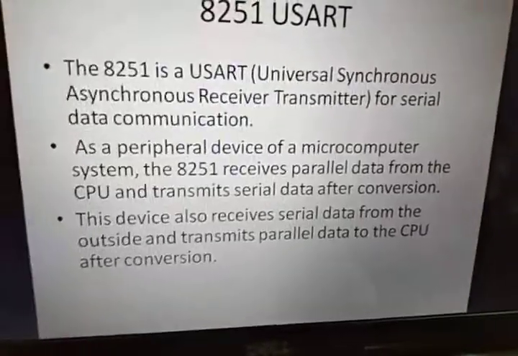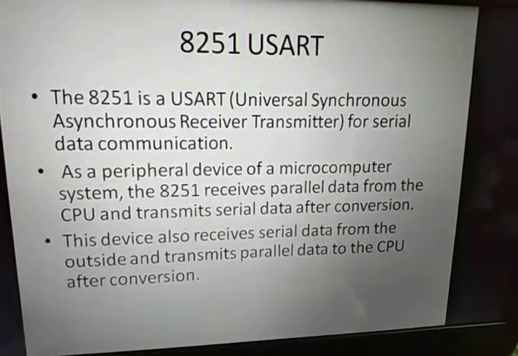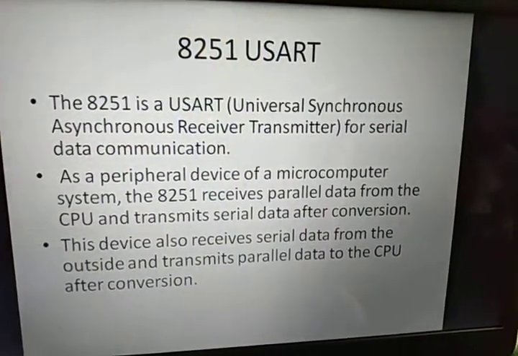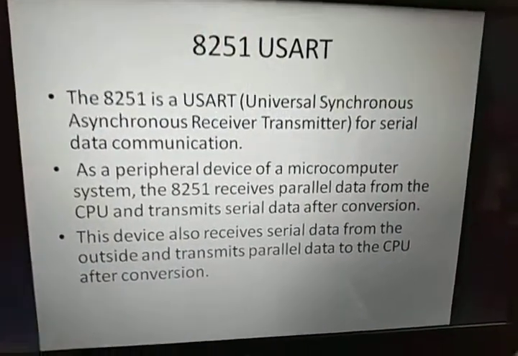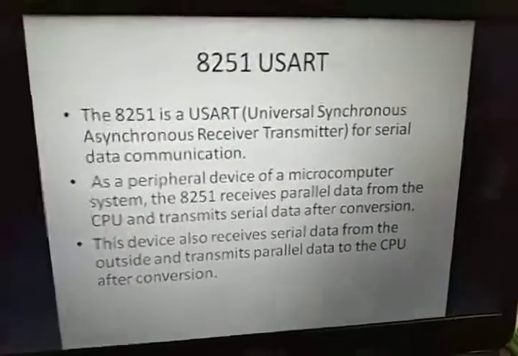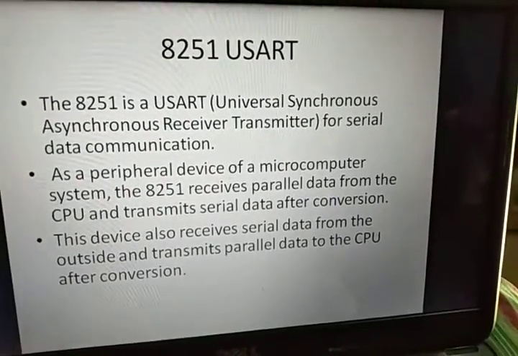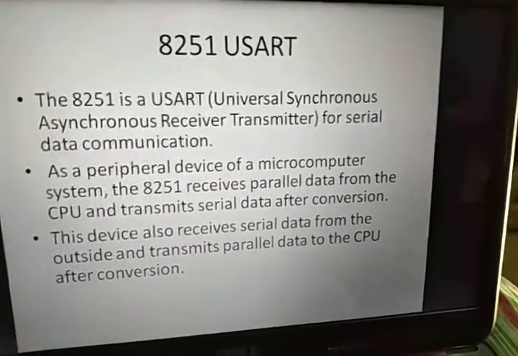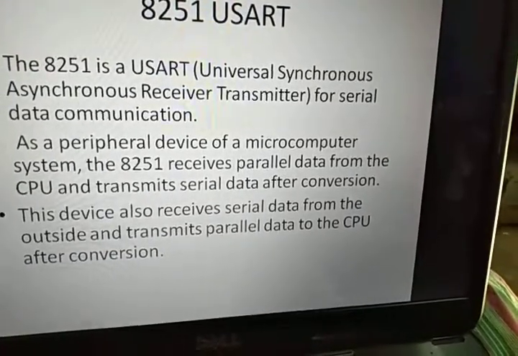Now if we are going to communicate the microprocessor with the networking terminals, there is a requirement: when we want to transmit, we need to convert the parallel data into serial form, whereas when we receive, the data will be coming bit by bit. Now we collect a group of bits, and then that group of bits is submitted at a time to the microprocessor. That means here we convert from serial to parallel.